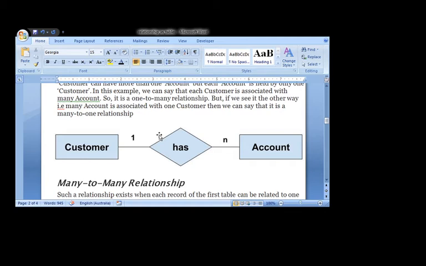So one account number in one table can have many entries in the transaction table. He can deposit a number of times, he can withdraw a number of times, and that is why we call it one-to-many.